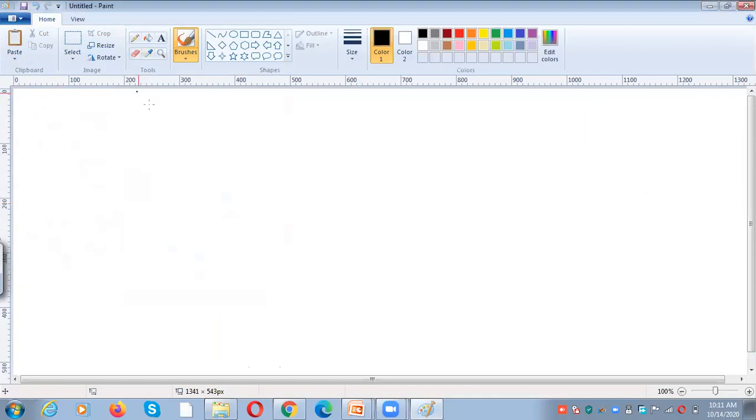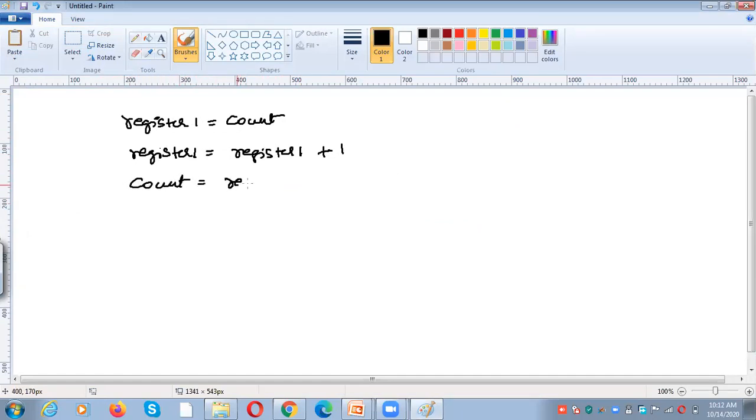Okay. I will note down the statements for you. Register 1 equal to count. After that, what you are doing? Register 1 equal to register 1 plus 1, and then count equal to register 1.